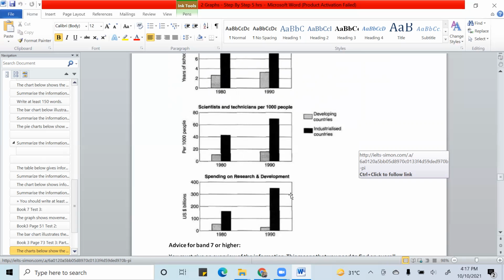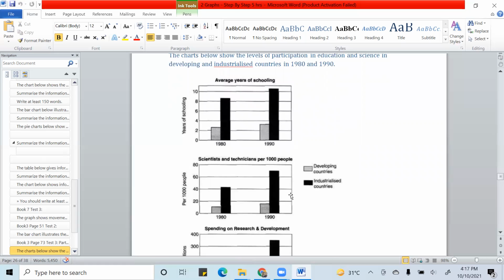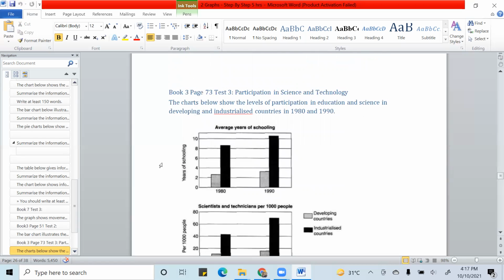what the three charts are talking about. All three charts are describing something different, so figure out what it is. For that, you can take help of the question: the charts below show levels of participation in education and science. So to paraphrase it somehow: the three bar charts shown below display, or reveal, or depict, the levels of involvement in education and science,